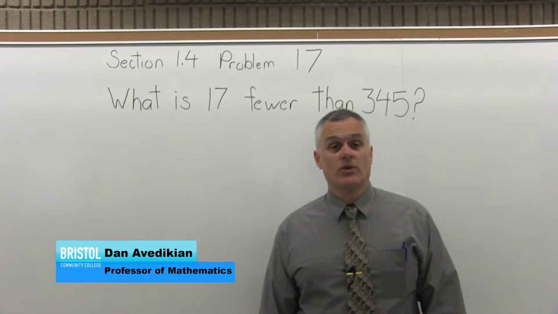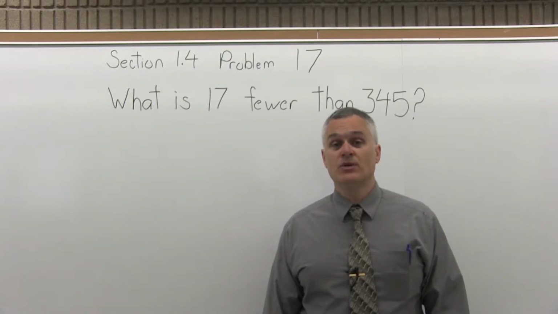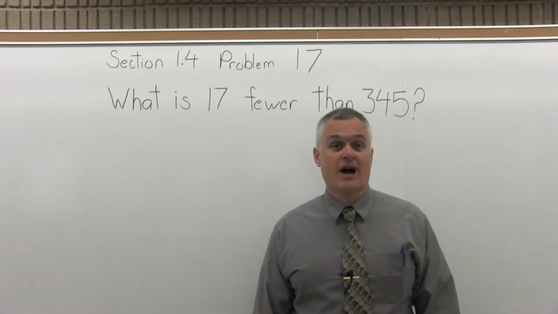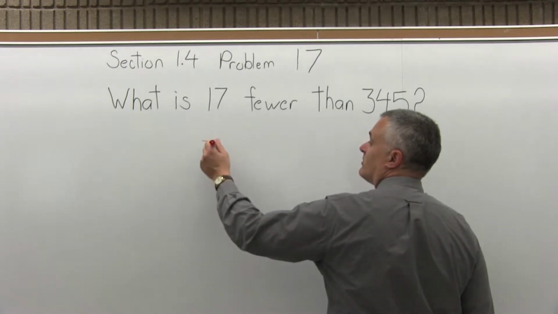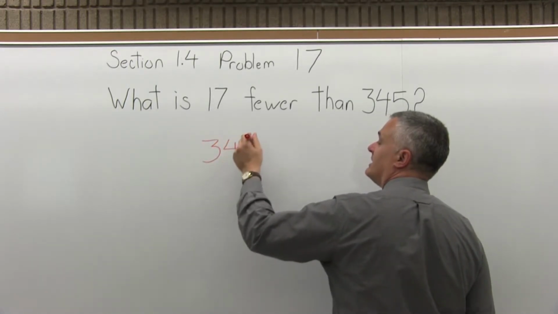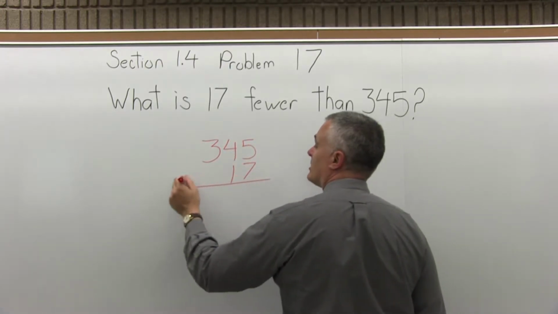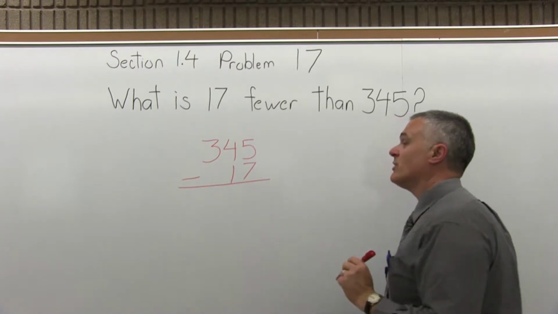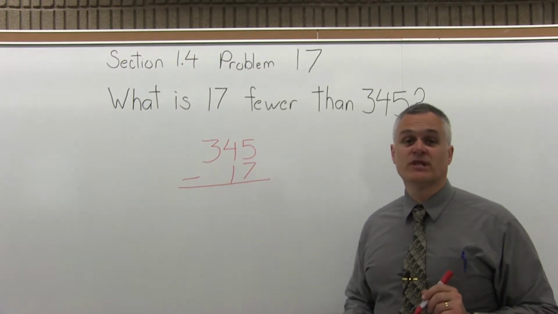This is Section 1.4, Problem 17. It says, what is 17 fewer than 345? So this is a subtraction. I need to subtract 345 minus 17. As I write it out, I want to write it with the 345 as the upper number, 17 beneath it, and I want to write it so that the rightmost digits of the 345 and the 17 line up